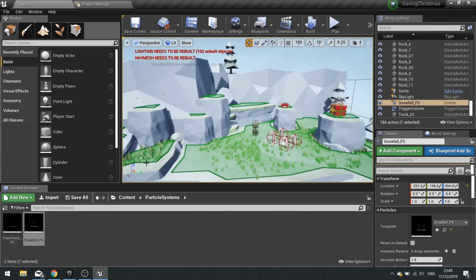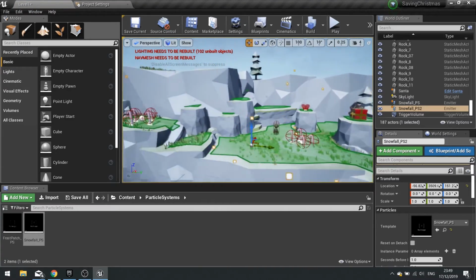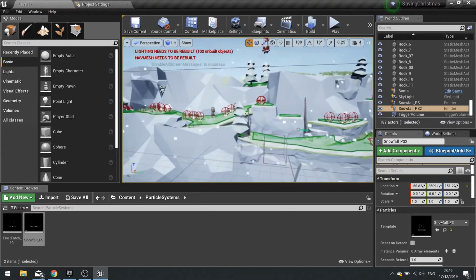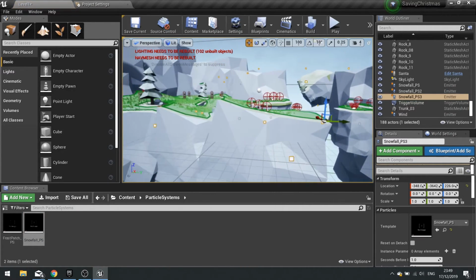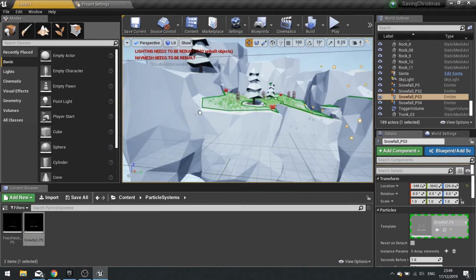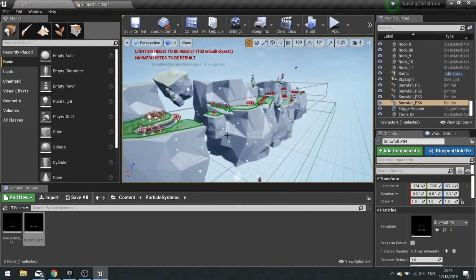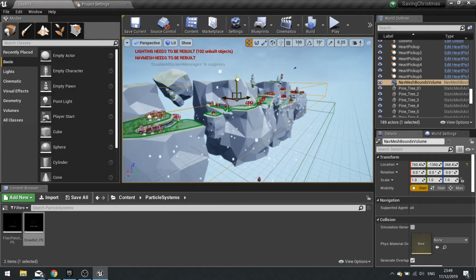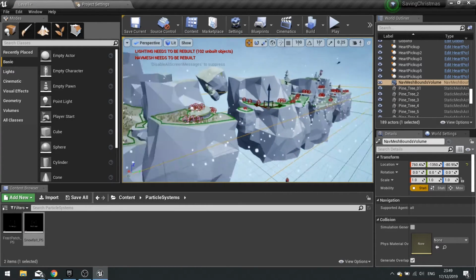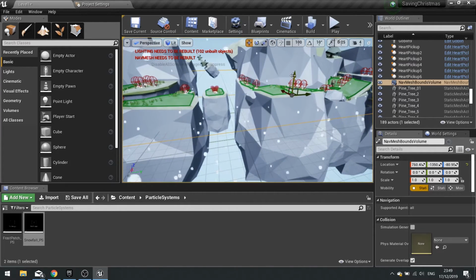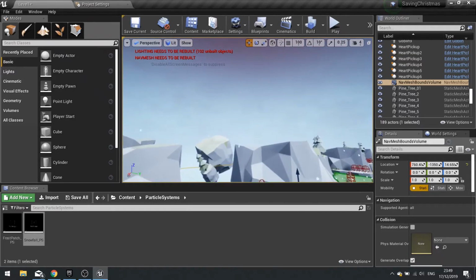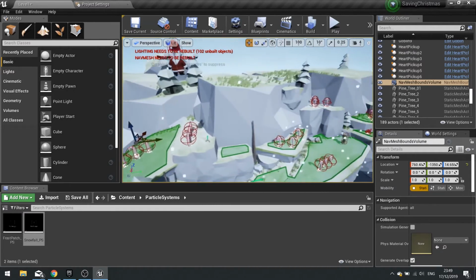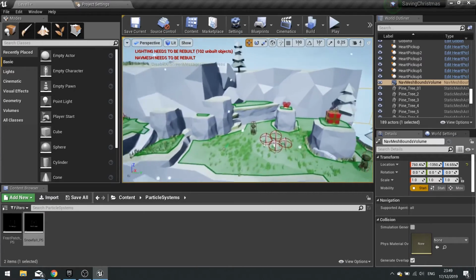Put it over here as well. And over here. And over here. I'm just going to tweak that nav mesh as well so it doesn't go too high. I don't want it to go onto the tops of these basically, which it was doing in some cases.